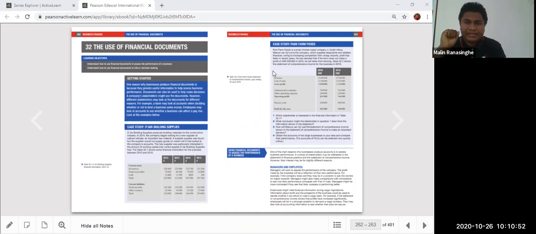The second liquidity ratio we talked about last week is the quick ratio or acid test ratio. We calculated the acid test ratio using the same current ratio formula but deducting inventory from the current assets, and then the current assets become more acid or more liquid. As a result, the remaining current assets are the cash in hand, cash in bank, trade receivables, and prepayments, everything.